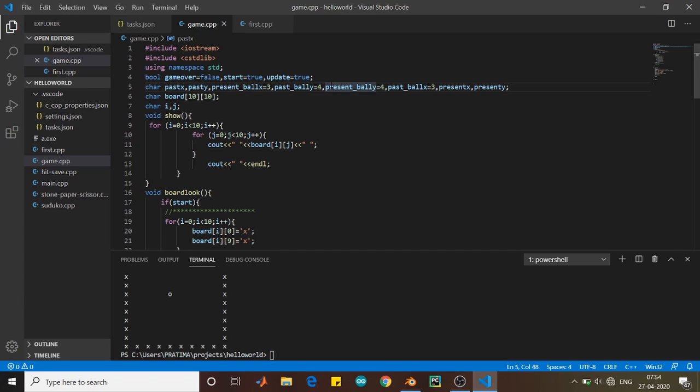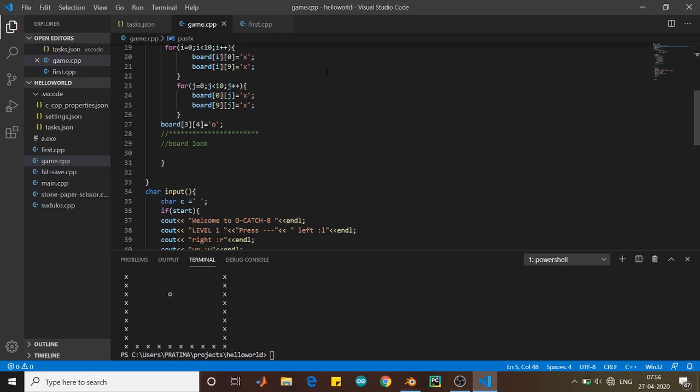So the present ball position for x and y, because we are thinking in terms of matrix. Now we have to bring in our character 8, but for that you need to understand one thing. The character 8 is not moving with respect to the user, it is moving randomly. The O character is moving with respect to the user.